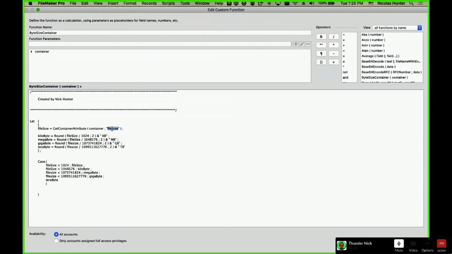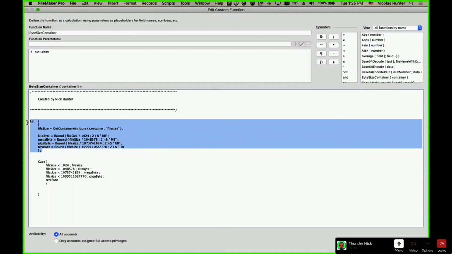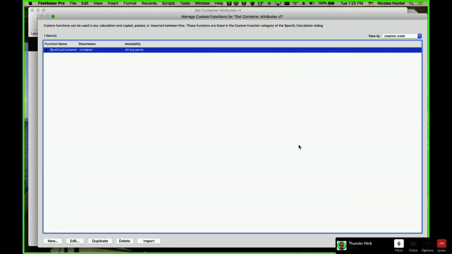I ask for the file size, and then I'm converting for kilobyte. This is the conversion. The megabyte, this is the conversion. The gigabyte, this is the conversion, and the terabyte, this is the conversion. This is coming from an engineer. When I was at FileMaker, a FileMaker engineer came to me with the table of conversion. So pretty much now we're using that custom function.